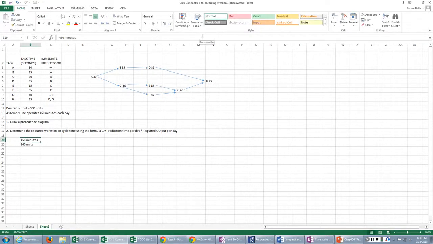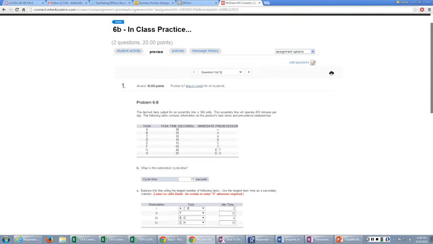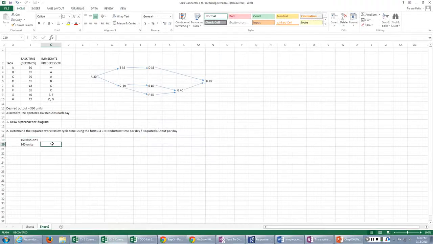Okay? However, if I'm thoughtful about this, I would probably look at this question to see that my workstation cycle time has to be given in seconds. So basically, I want to make sure that when I calculate this out, I calculate it in seconds. And so I need to convert my 450 minutes to seconds. So in my numerator, it's going to be 450 minutes times 60 seconds per minute, right? And then I'm going to divide that by my 360 units, and that's going to give me my cycle time